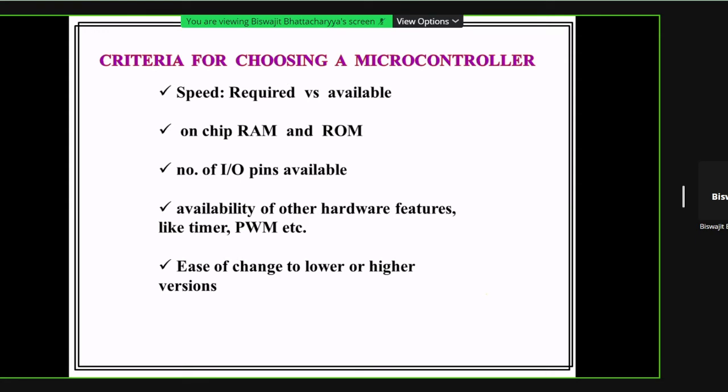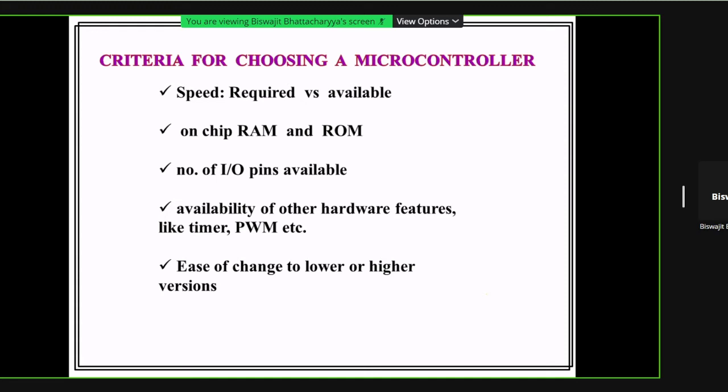Then the number of IO pins, input output pins. IO pins are the pins required to send data to the outside world through the output pins, or the pins used to receive data from the external world into the microcontroller, which are the input pins. So how many input output pins are available and how many we need.